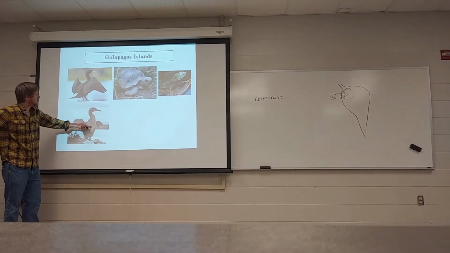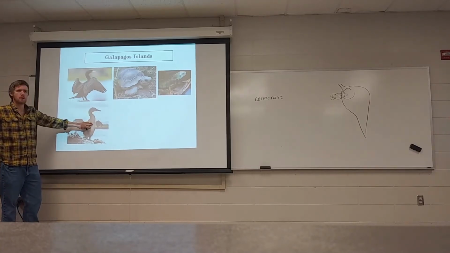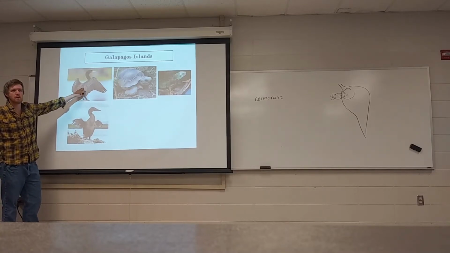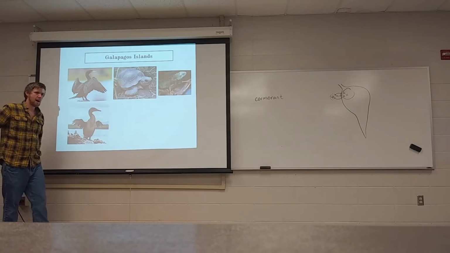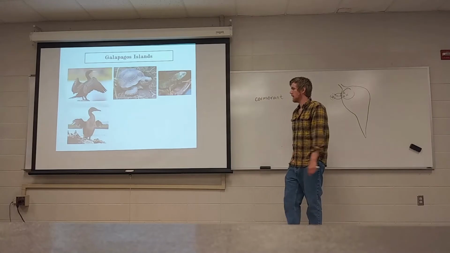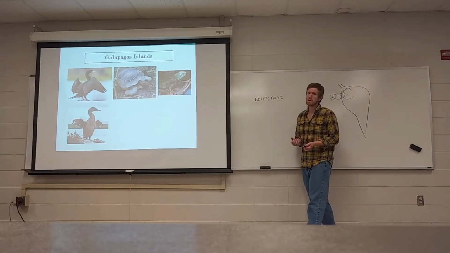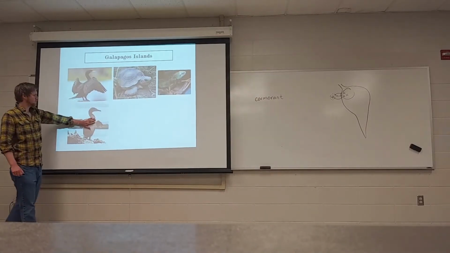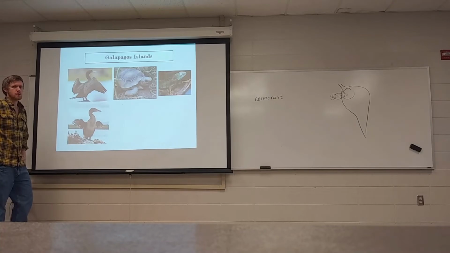Also, if you look at the body shape, it's much bulkier. And if you were to pick this bird up, it would be much heavier than its mainland relative, because being lightweight was an adaptation for flight. But if you're on land, and it's all about being able to swim to find food and not fly, and being bigger is also more energy efficient for a lot of organisms, why would you not be bigger? So natural selection has favored bulkier body size. It's favored the elimination of energy-wasting wings on the island chain.